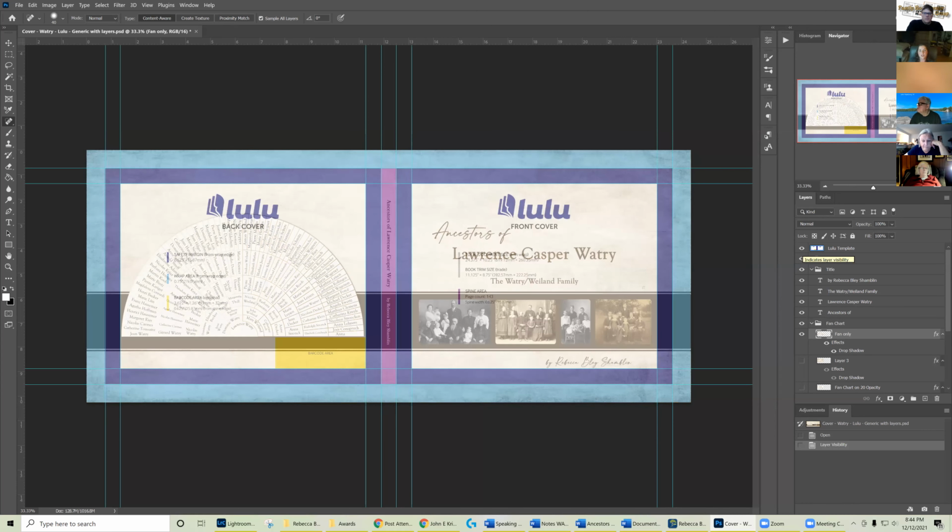their template. So this is the official Lulu template for a book of this size with this many pages. And I can turn that layer on and off to make sure I don't have anything important on the edges. You never want to have text or important pictures along the edge. The way printing works is things get trimmed in a lot of weird ways, and you don't want to lose anything important. I also left space for a barcode in case I do want to sell it on a bookshelf